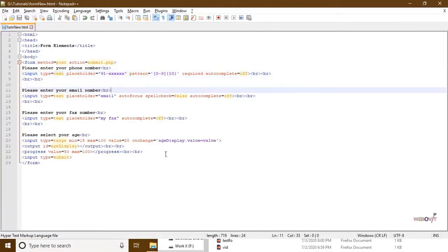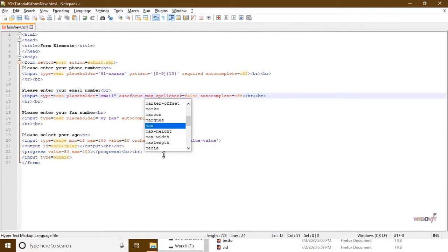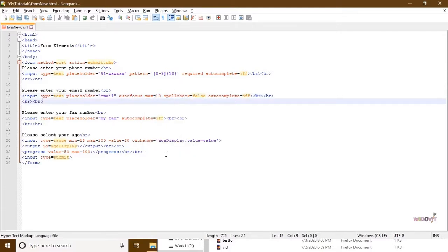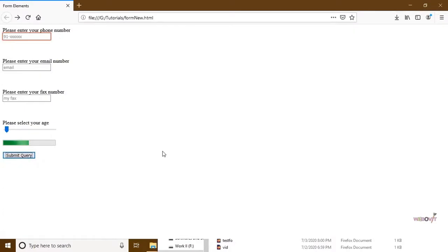Okay, another one I will use in the email section. Suppose I know the email is a maximum of 10 digits and should not exceed 10 digits. So if I mention maxlength 10, then in the email section when you type, 10 is the maximum number you could type.